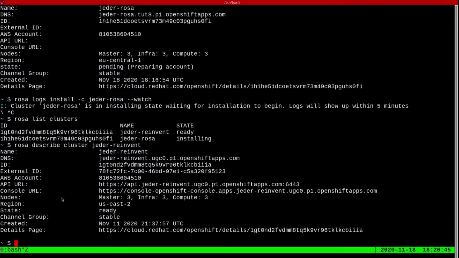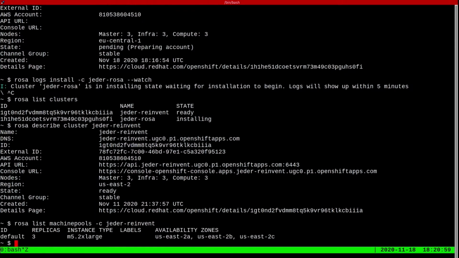The way this works is on the concept of machine pools. Let me first list out what we've got. There's a default machine pool. That's the M5 2xlarge that I had chosen during the cluster provisioning. Let's try and add a new machine pool, and I'll do it in interactive mode as well.